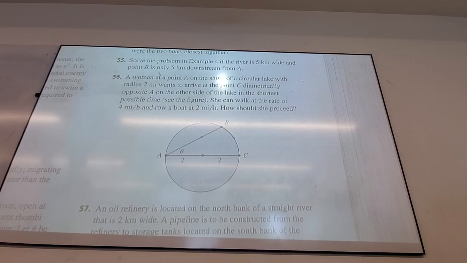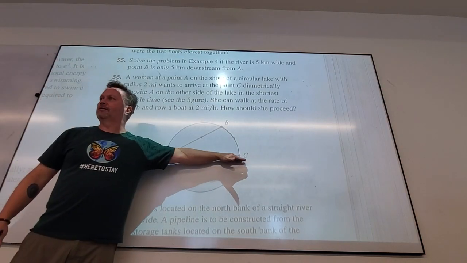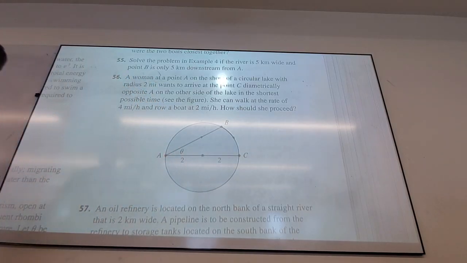So what does she do slower? She rows the boat slower, correct? For whatever reason. And she walks faster. So it makes sense that I'm not gonna row straight there. Even though that's the shortest distance, it would not be the shortest time. We've all experienced this in California. There's a certain time of day you're not going to go the route that's the shortest distance, you're going to go the route that's the shortest time, which very often is not the shortest distance. You guys with me? I've gotten some funky routes.